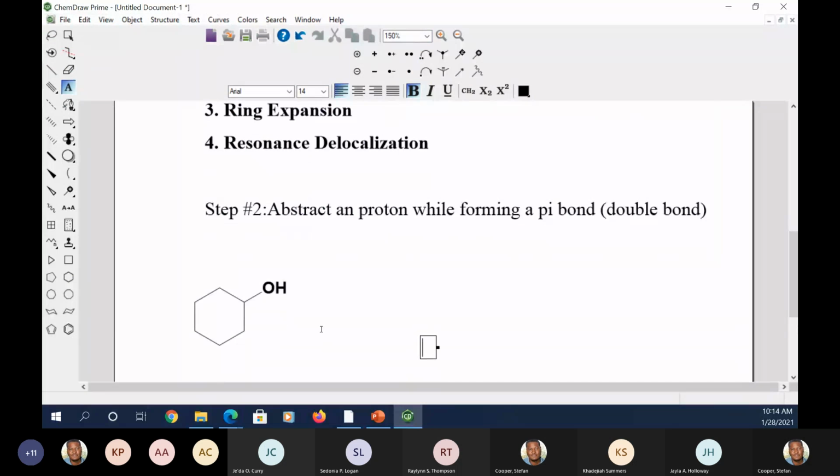Good. If I take cyclohexanol, and I hope everybody's comfortable with the name there, it's a 6-member ring. So cyclohex, there's no double bond, and I say -ol for the fact that it's an alcohol. And if I introduce to this an acid, I'm going to use H3PO4. That's phosphoric acid. And if I have heat,